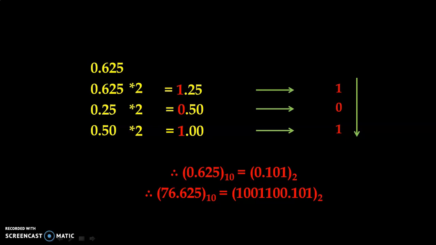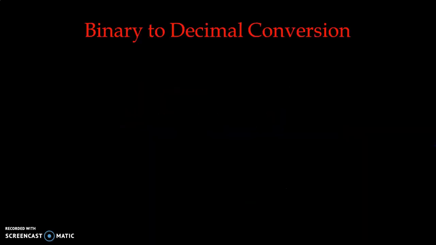So now let us proceed further to binary to decimal conversion for fractional values. We'll now study how to convert fractional values from binary to the equivalent decimal number. Suppose we take one binary number that is a fractional value, 0.101. We need to convert 0.101, that is our binary number, into the equivalent decimal number.